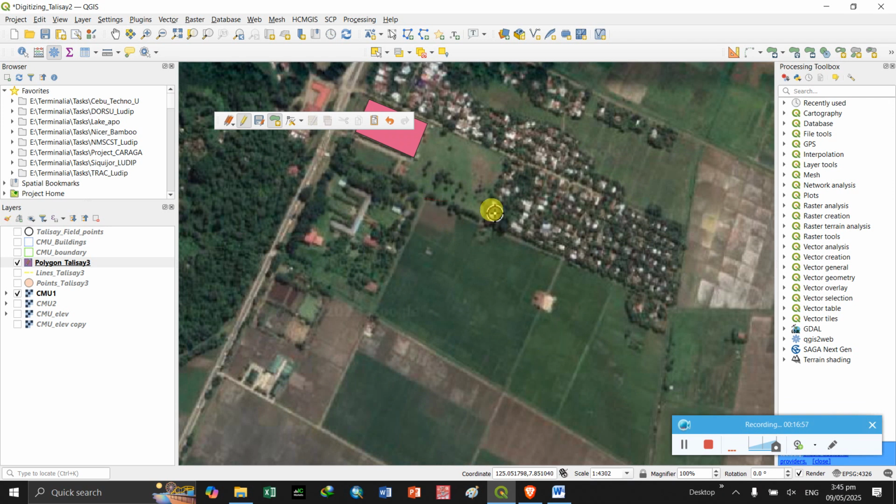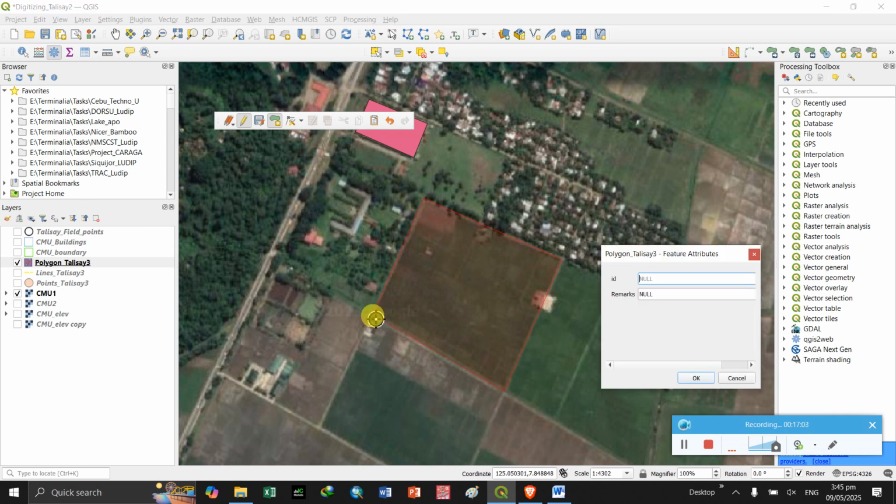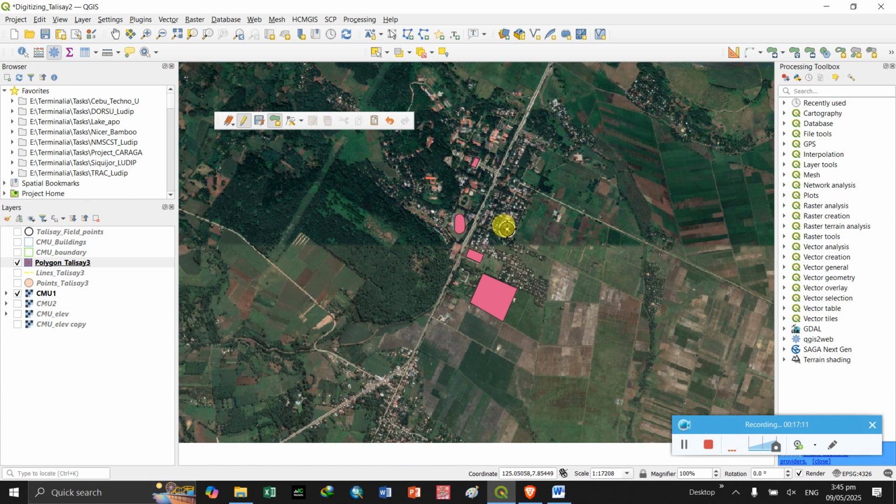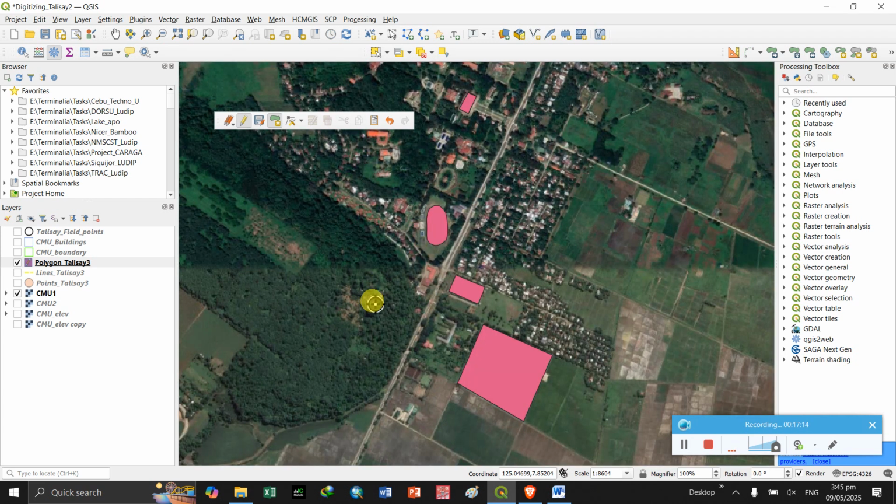Okay, click. Okay, the rice field. Okay, if you are done with the different polygons that you want to represent, you need to click toggle editing and then click save.